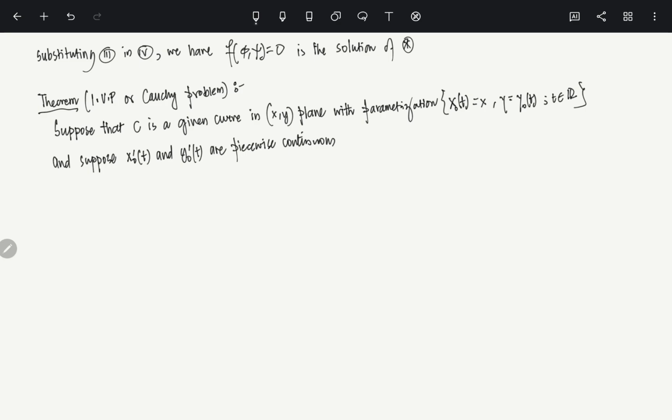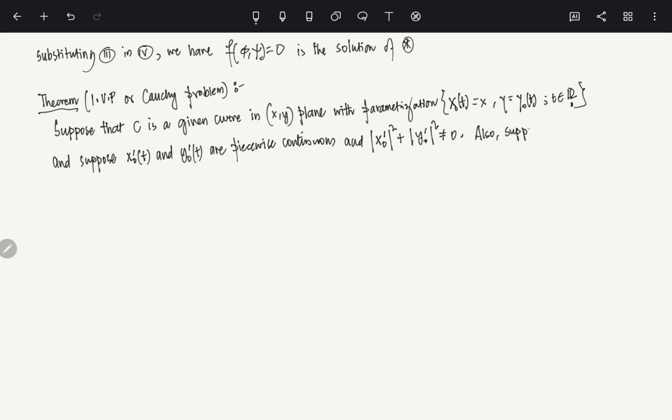Piecewise continuous wherever it is defined in I. Okay, so you see I have defined it in R, you can define it in an interval I, absolutely no issues. Okay, and of course we also need the derivatives, x naught prime square of that plus y naught prime square is non-zero. Okay, also